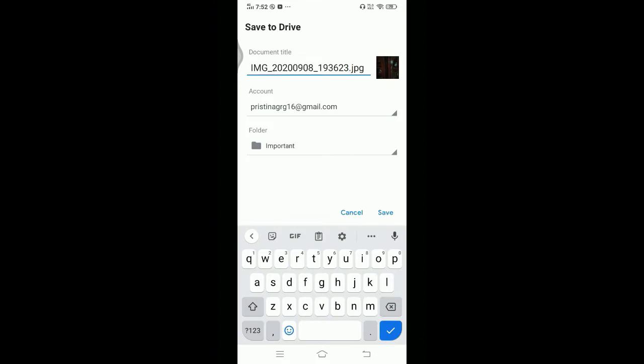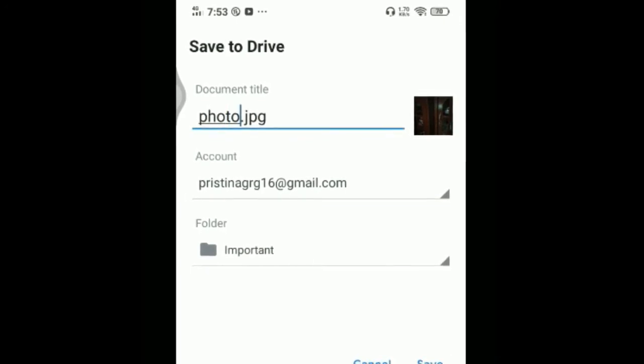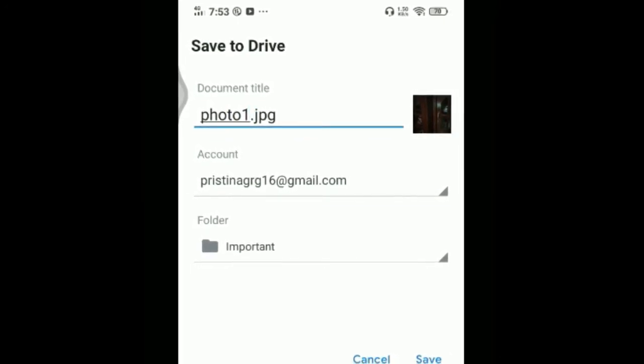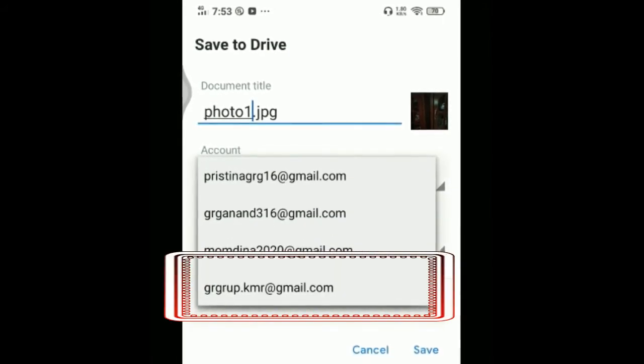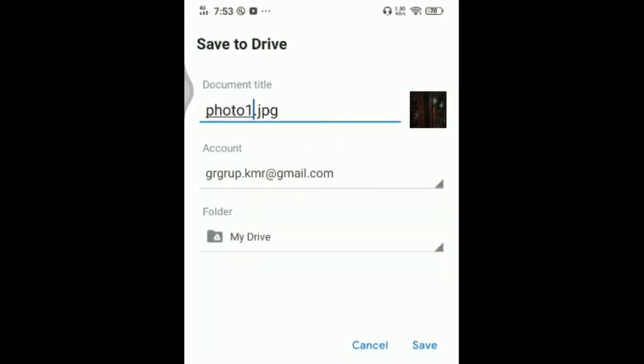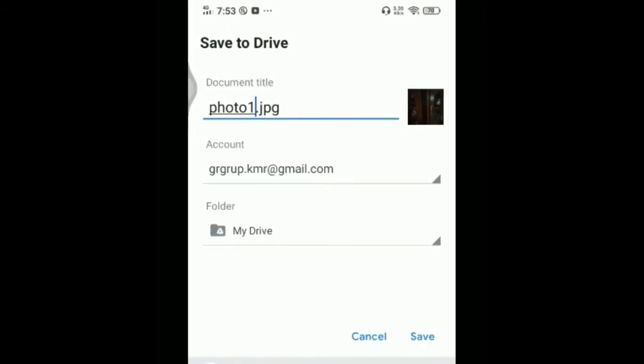Okay, the application, the location and the interface can be different according to your mobile brand, but you can see every mobile does have Google Drive. Now I want to give one name to this picture, suppose photo 1, and where to save, in which account you want to use. Then click here, my account is here, and if you have created any folder inside, then you can choose it,